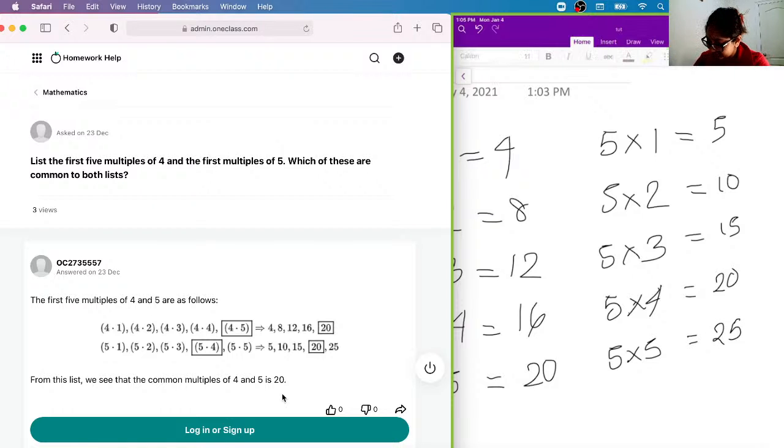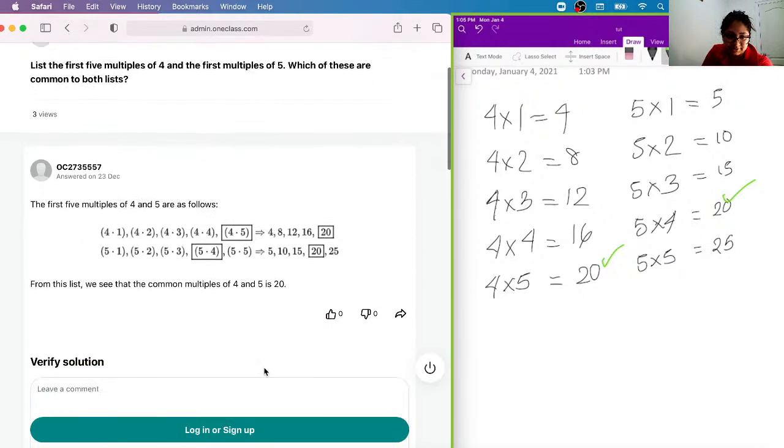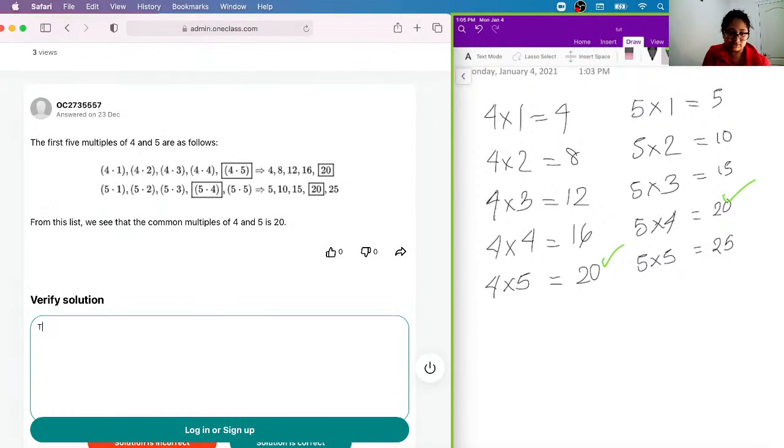So from these two lists, you guys could probably say that the common multiple between the two lists is 20, right? And so this is your common multiple between 5 and 4. And so the solution is